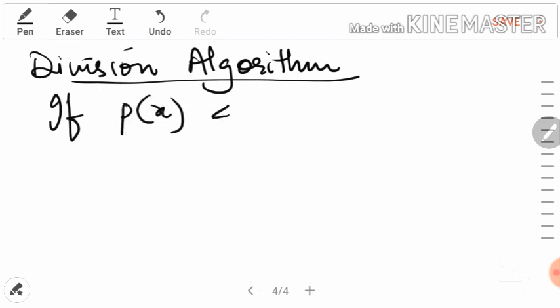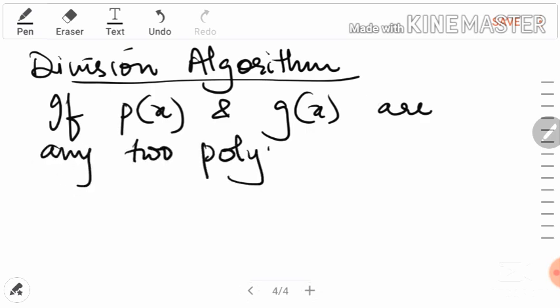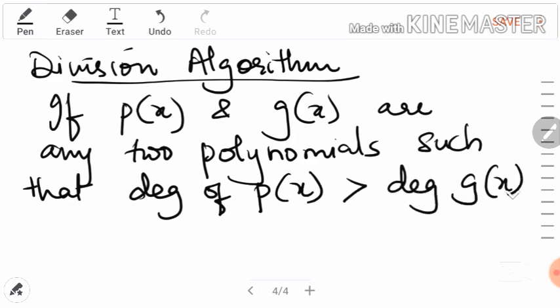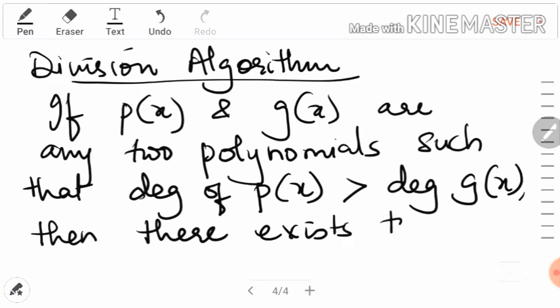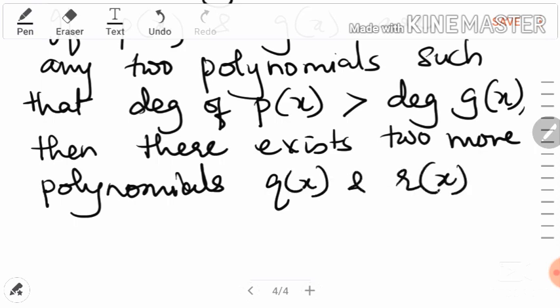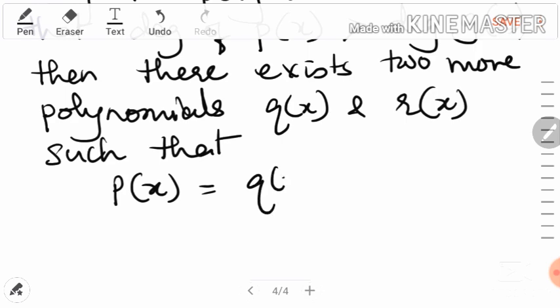If p of x and g of x are any two polynomials, such that degree of p of x is greater than degree of g of x, then there exists two more polynomials which are q of x and r of x, such that we can write the statement p of x is equal to q of x into g of x plus r of x,